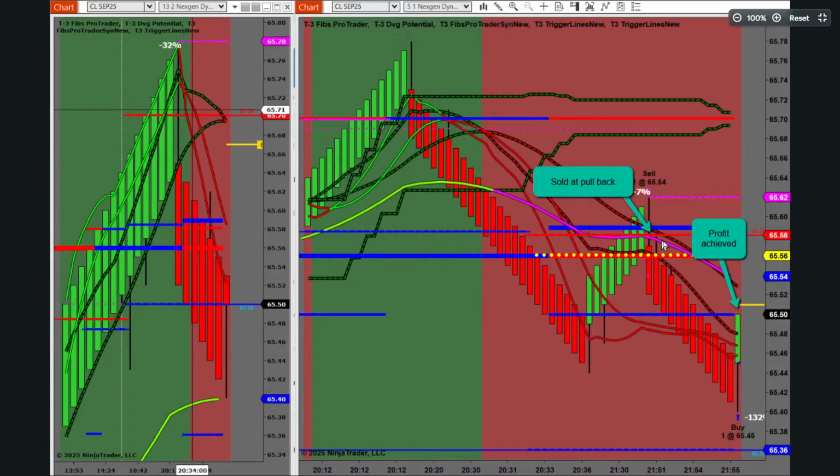All right, Caleb sold at the pullback and achieved profit. That's amazing, Caleb. Why? Why did you do it? Why did you trade directly into a termination condition? Actually, why did you trade directly into 1, 2, 3, 4, 5 termination conditions? From a bad top with the market way up here. It doesn't bug me that you did. This is your life, your trade, my friend.